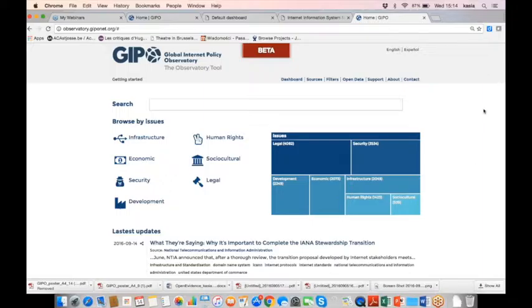As you can see, you can browse. This is the main page where you can search for specific items and browse for the information using different tags. Basically, the information is structured around different issues. Here we have the main issues: infrastructure, economic, security, development, human rights, social, cultural, and legal. We use these issues